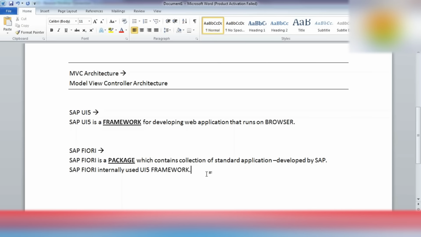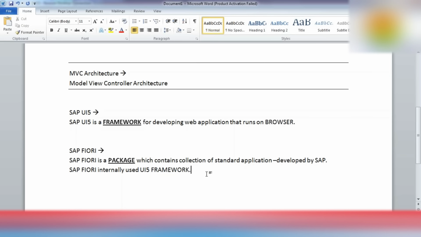So let's suppose we can add new fields on the sales order screen. We can hide some fields, or we can add new functionality to calculate the pricing and different other things. But the main SAP ERP software has been delivered by SAP. Same applies here. Here SAP has already delivered all the standard applications.